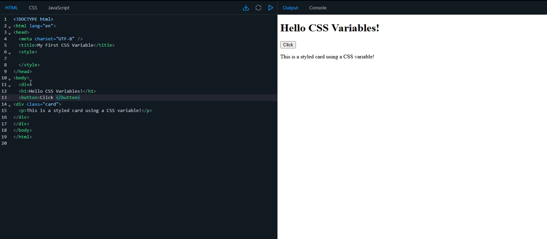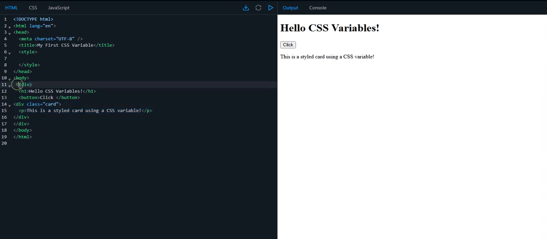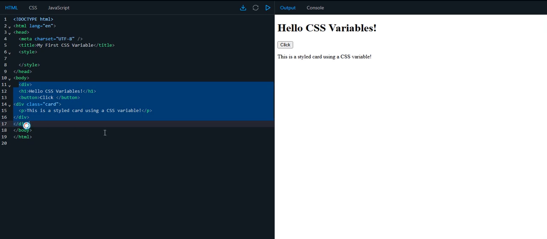I have two divs. This is the first div, and this div is inside of this div. I have two divs, div in divs. Okay, now I want to